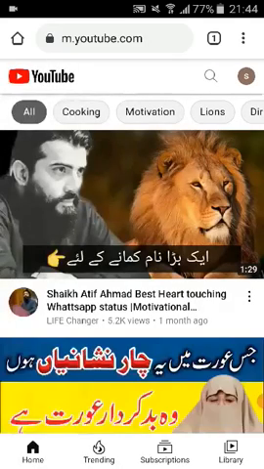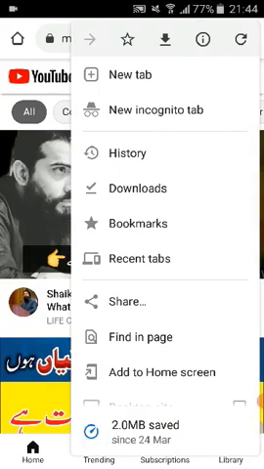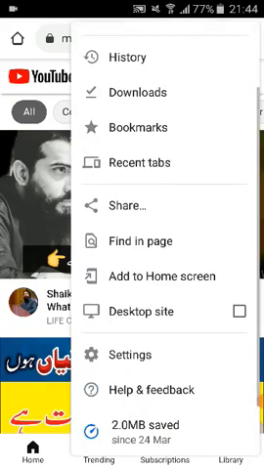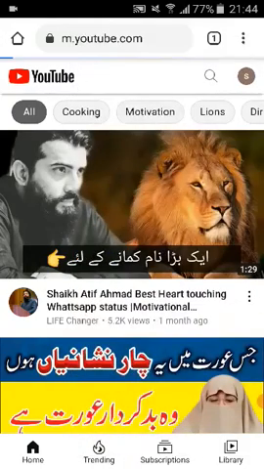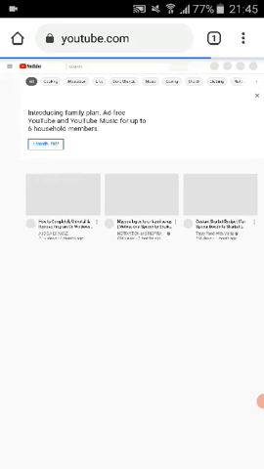I have already placed my ID, so if you have another channel ID you can place it here. Then click on these 3 dots, you will get this interface, and here you will find desktop site. So make it a desktop interface, and it will open in this way.